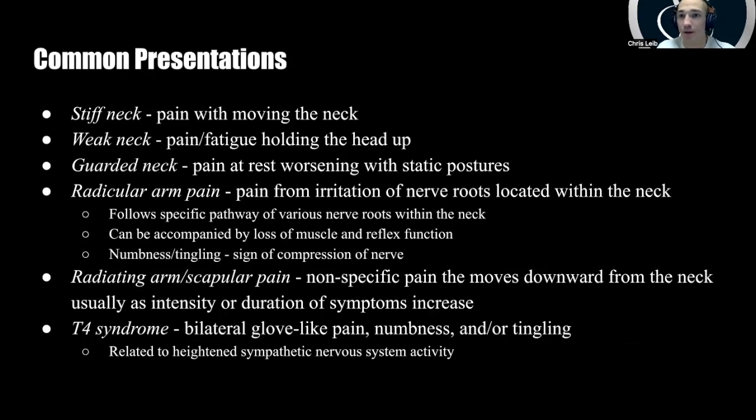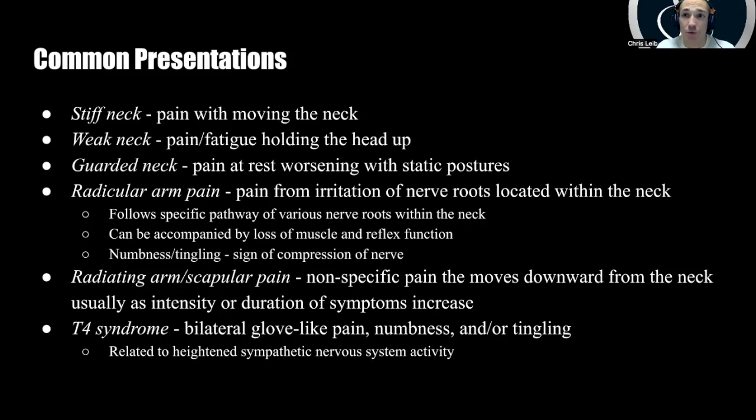So this would be where the neck is overprotecting. Radicular arm pain is a very specific pain presentation from irritation of nerve roots that are located within the neck. What's important about radicular arm pain is that it actually follows specific pathways down the arm. And the other thing is that it may be accompanied by a loss of muscle and reflex